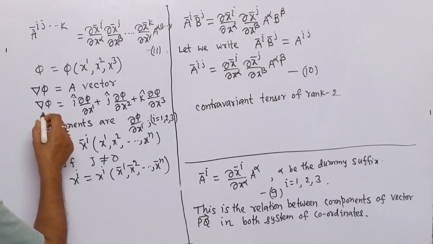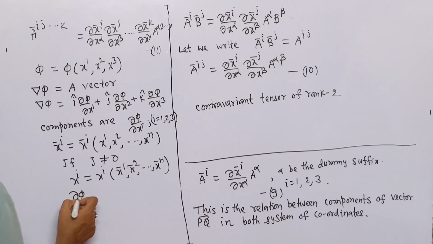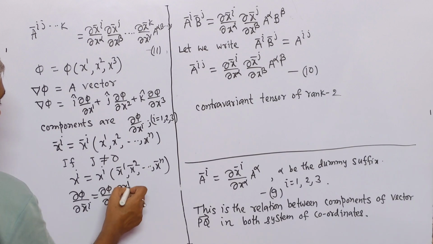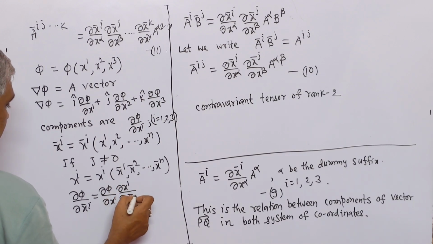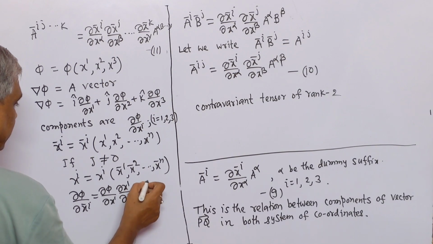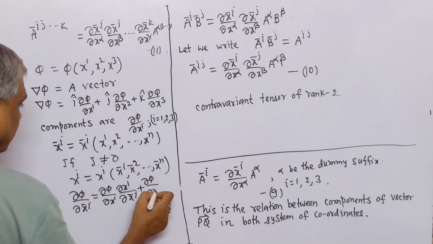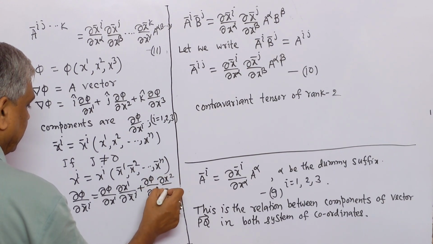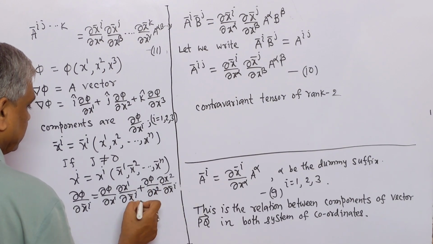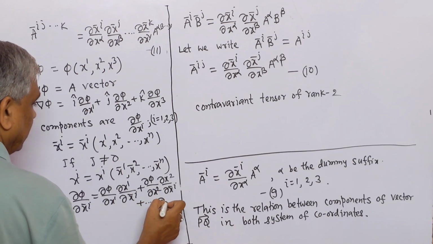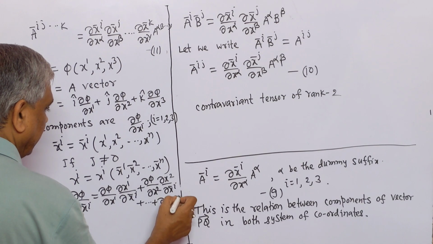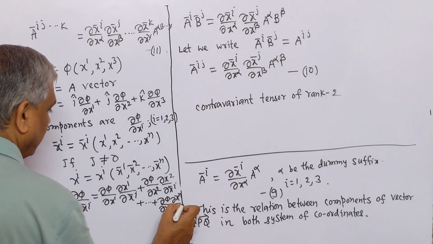Now we write del phi by del x bar i equal to del phi by del x1, del x1 by del x bar i plus del phi by del x2, del x2 by del x bar i plus ... plus del phi by del xn, del xn by del x bar i,